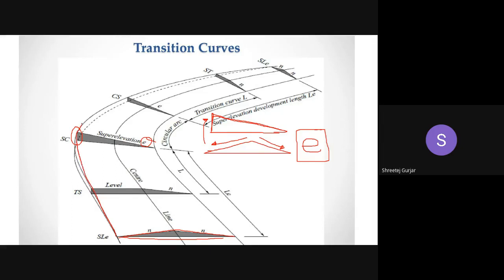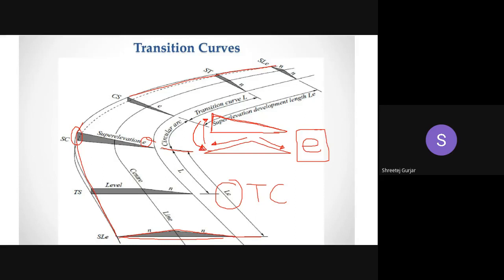So this is also why we need a transition curve. We can see from here to here, we have a transition curve, right? Starting from this cross section until you reach the value of your required super elevation, we have to provide a transition curve. Similarly at the exit also, we need to provide a transition curve, so that from this particular cross section, we get back to our normal cross section of the road.